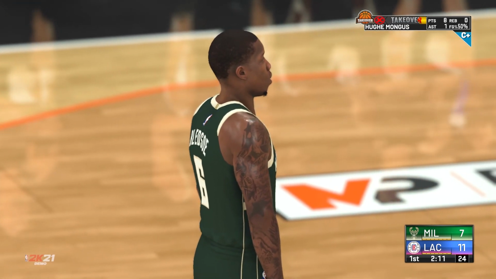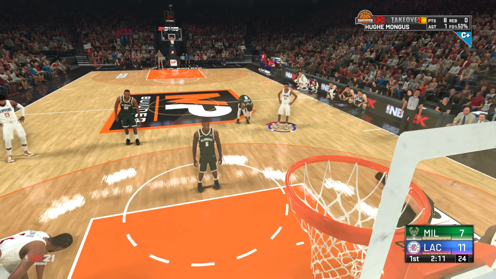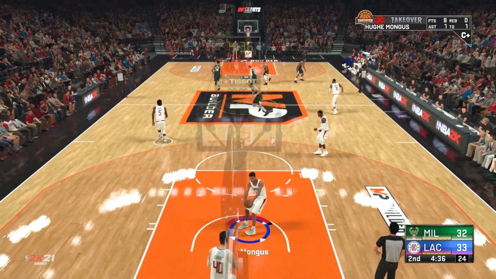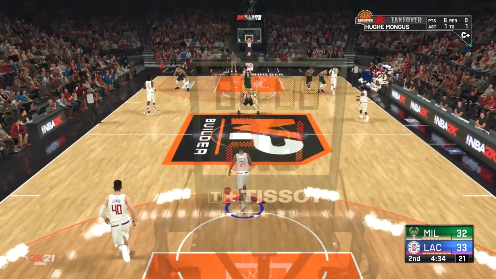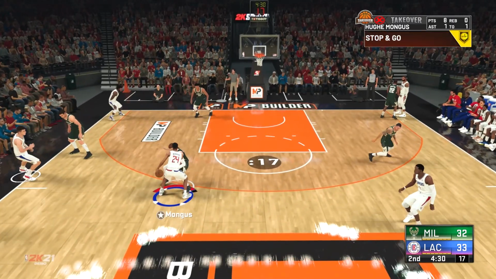They did remap some of the dribble moves, which I really hate. I don't understand why 2K does that. They remap dribble moves every single year to make it seem like it's new, and they don't really add any new dribbles. So there's no new dribble moves that I noticed. I haven't really seen any dribble tutorials yet, and I haven't really experimented with the dribbling, but